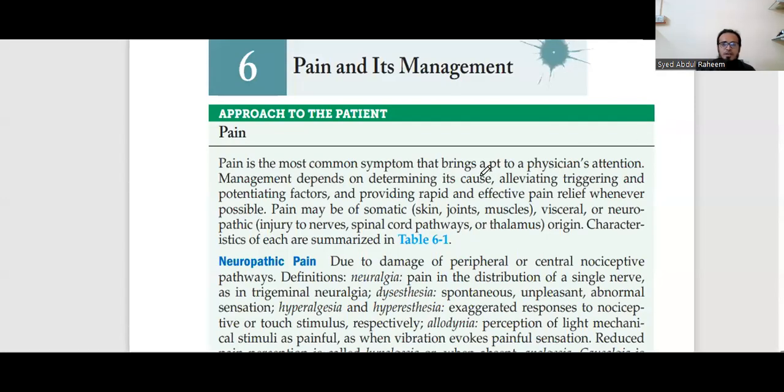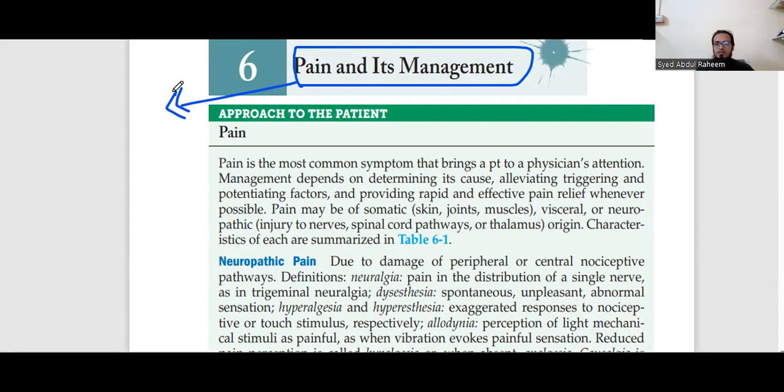In practice of medicine, today we are going to talk about pain and its management. Pain is a very vast and common term which we usually hear in our clinic. Nowadays, pain is the most common thing that everyone will experience in day-to-day life. Some pains vanish without treatment, and some pain needs treatment. Today we are going to talk about the different types of